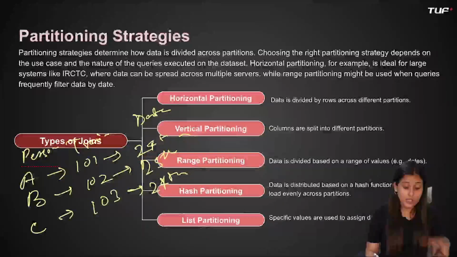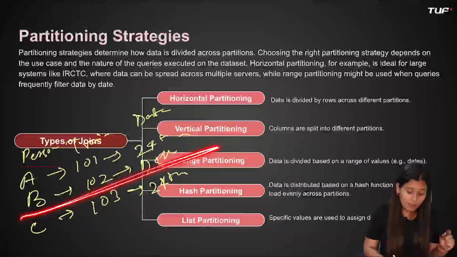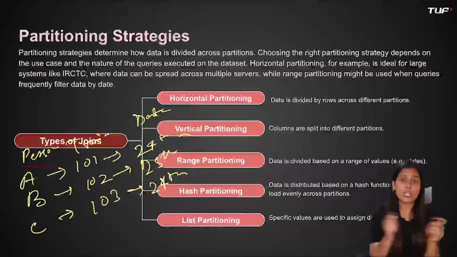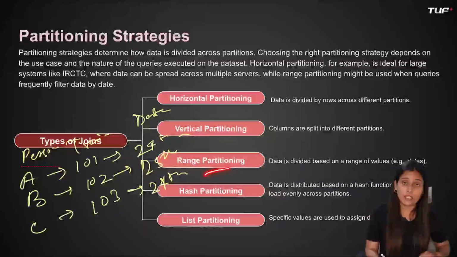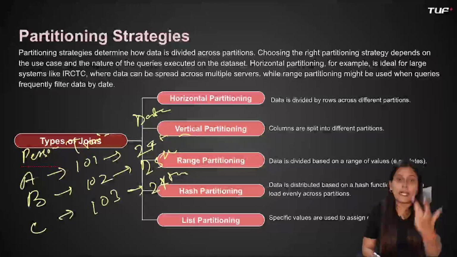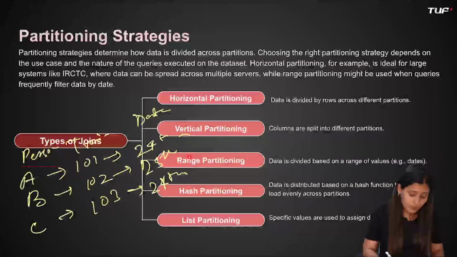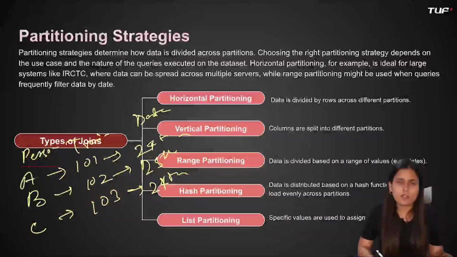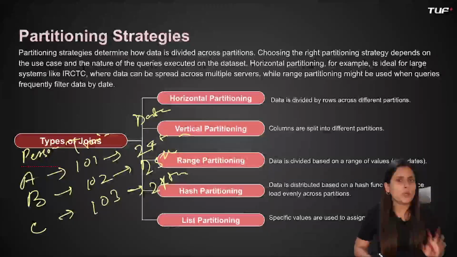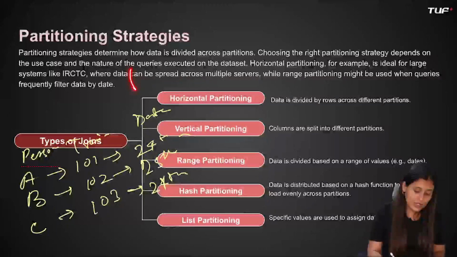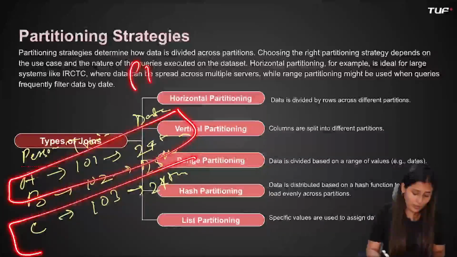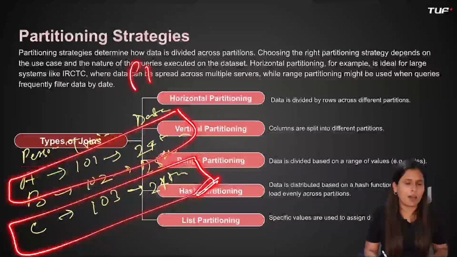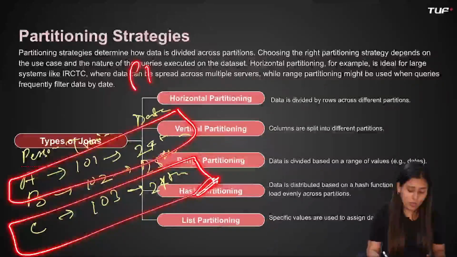Next is range partitioning. In horizontal partitioning, you can see that we divided on the basis of the number of rows, but we did not check any condition. If we apply some condition, like we want all the orders for the date 24th March, or all the booking rows having a date less than or equal to 24th March, then the first partition will have the first row and the third row because their date value is less than or equal to 24th March, and the rest will go in another partition.